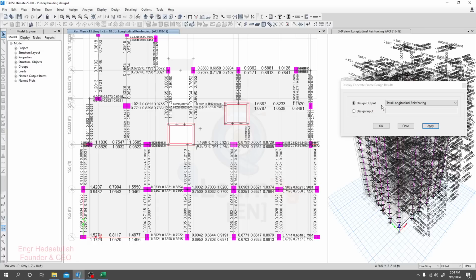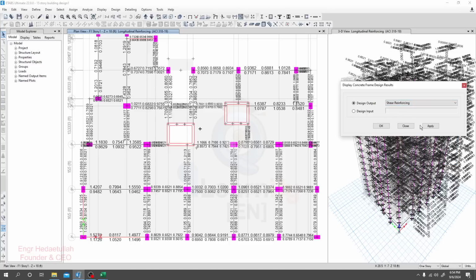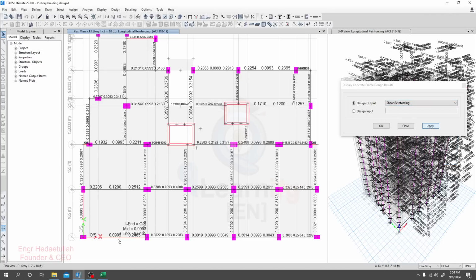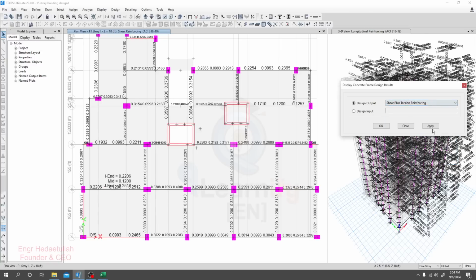I'll go to software. I'll go here. Then here shear reinforcing. Okay. Then apply. You'll see here everywhere the shear reinforcement it is giving, and also if we go here, shear plus torsion reinforcing. Apply. So here we are getting the shear plus torsion reinforcement. Now we'll see the maximum shear reinforcement we require. Let's say 0.73. Okay, so I'll provide here